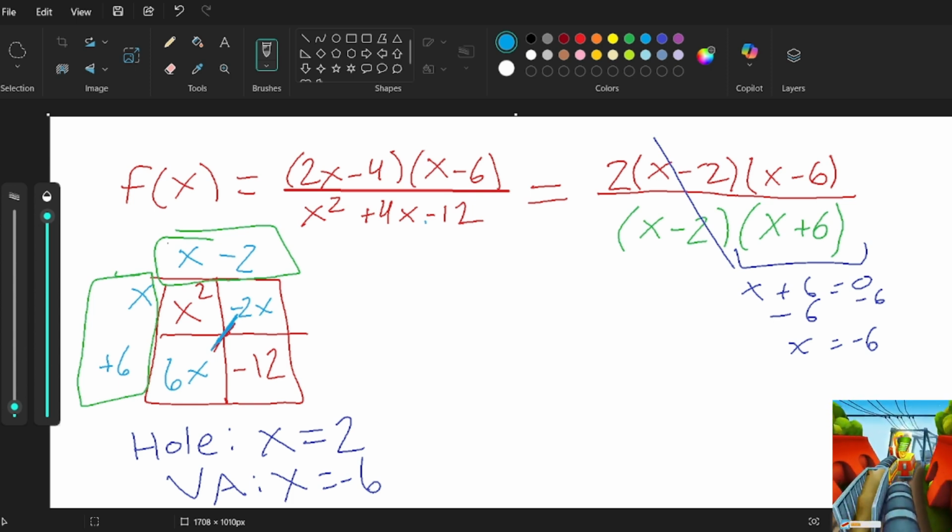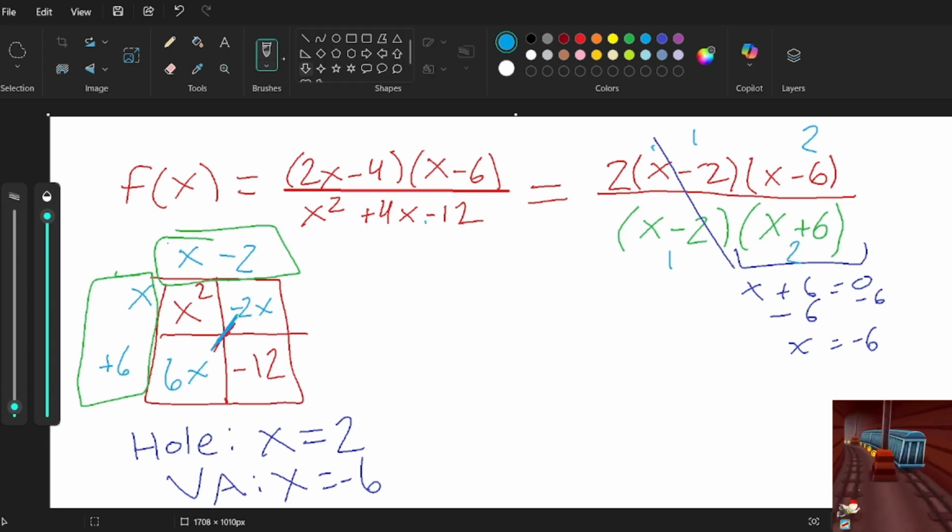Or if there's more factors in the numerator, there is no horizontal asymptote. But I have the same amount of factors in the numerator, that's 1, 2, that I do in the denominator, 1, 2, right? So I don't have any little trick I can do for now,